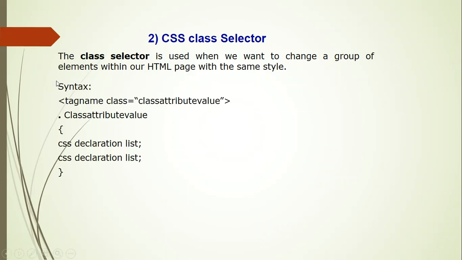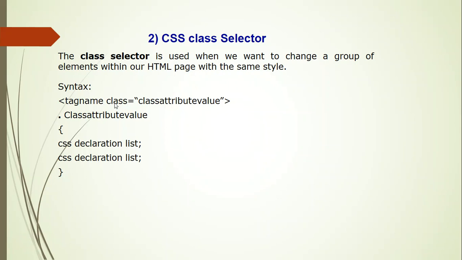See, observe the syntax here. This is the tag name, how we write the name of a tag, and this is our class attribute. So the class attribute can be used with any tag of HTML. Like style is an attribute with every tag, class is also an attribute with every tag. But when will we use class? When we find similar tags, like we said earlier.